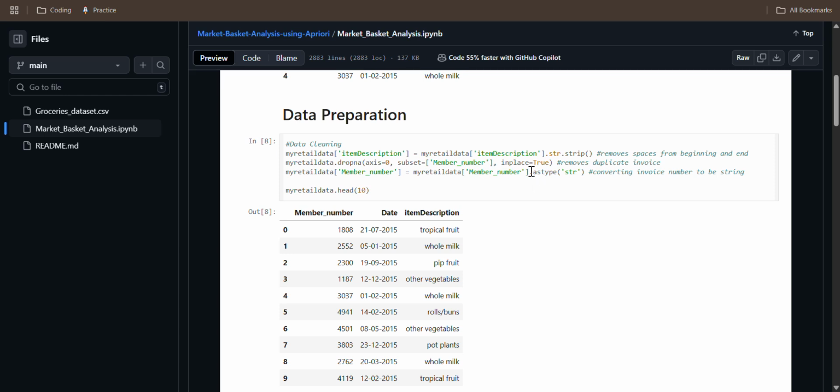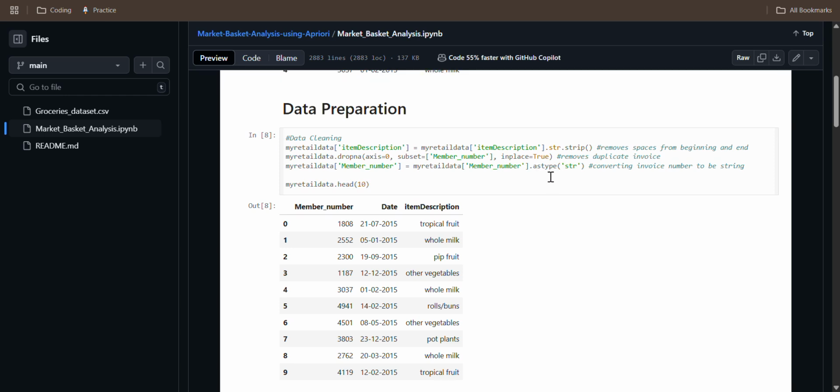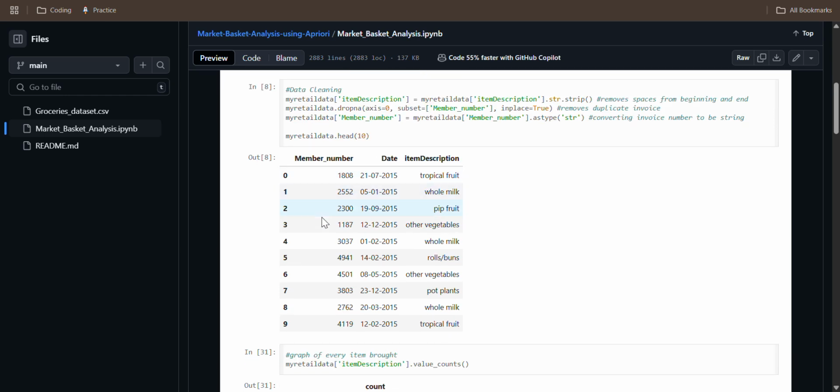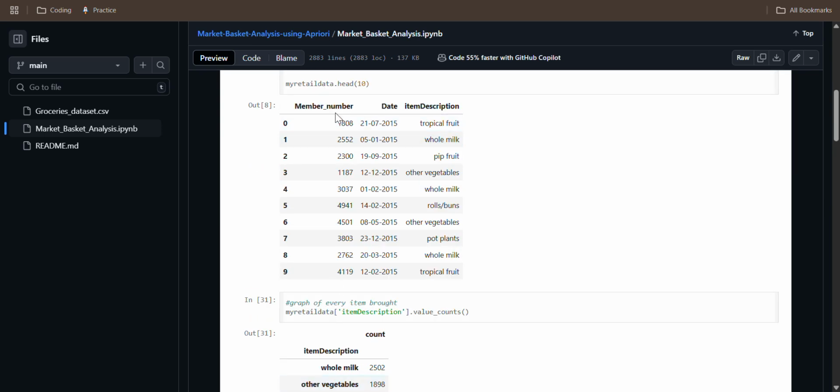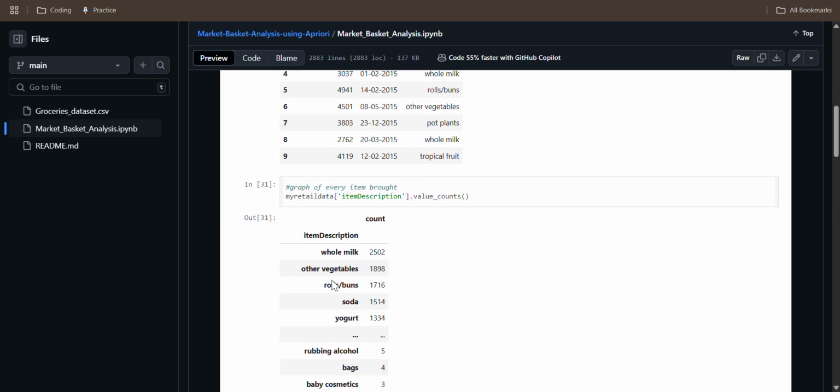Okay, and then in my retail data, the member number, let's say the invoice numbers, we are converting into string type. This whole column is converted into string type. If we display it, it will look like this: head 10.